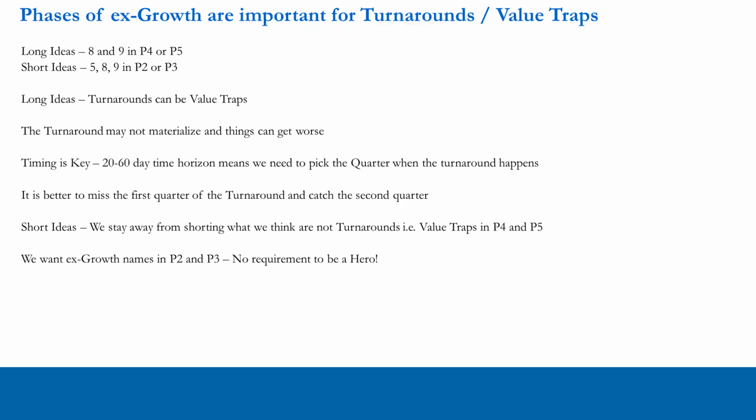So think about a stock for a moment that goes from, say, $100 down to $20. So we're down 80% over a 3-year period. And it's been trading between, say, $15 and $25 for the last 18 months, okay? In that situation, if there is genuinely a fundamental turnaround happening, the stock may go from 20 to 30, so it's up 50% in 1 quarter, and we can miss that 50%. That's fine, but we now have fundamental evidence that the turnaround is happening.